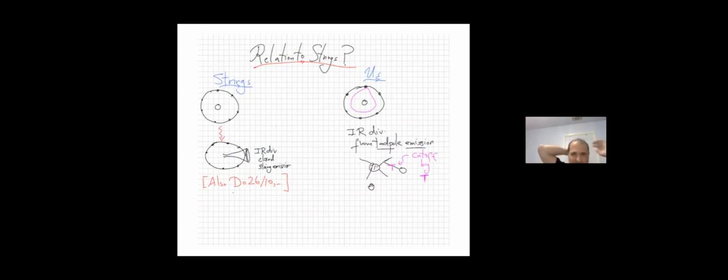So let's think a little bit more about the relationships between these 2 pictures, because they don't quite match up on some qualitative points. Although I think we can say a few things about them. So, for instance, if we take the annulus diagram in string theory, there is an infrared divergence in this diagram that corresponds to the emission of a closed string. Of course, this also only makes sense in 26 or 10 dimensions. But apart from that, there's a qualitative fact that there's an IR divergence here. No such thing occurs here.